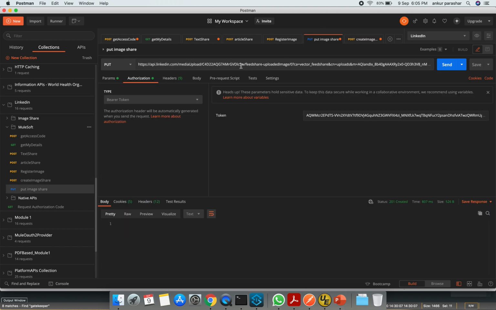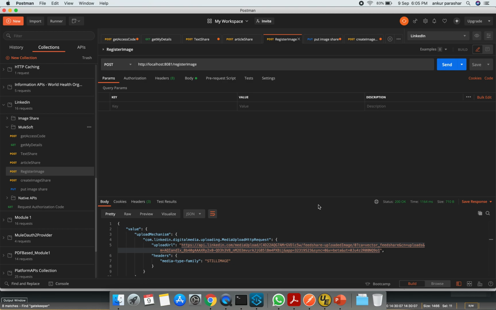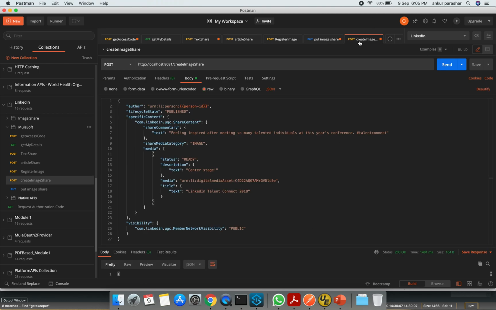We copied it from here, ending with 5W. That is from register image, ending with 5W. So it is there. Then again the title, you can put anything, and visibility, as we mentioned, could be public or connections. So I will now click on the send button.